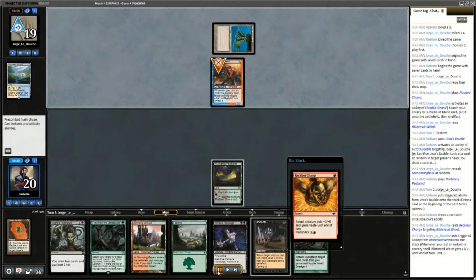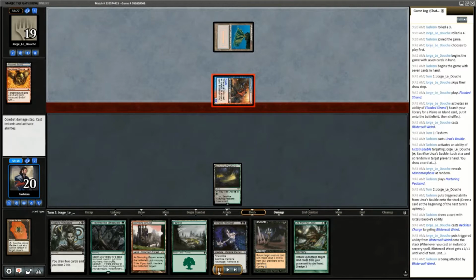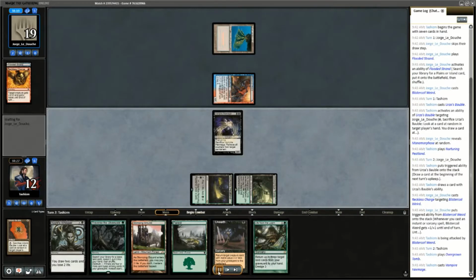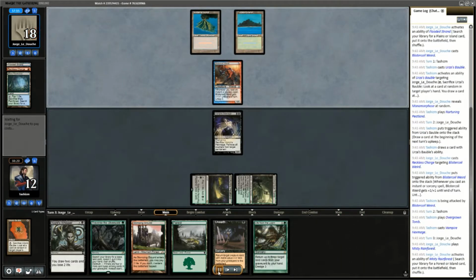Hits us with Reckless Charge. It's 5 damage on turn 2. That's pretty solid, I won't lie. Game plan here: take 2, play Vampire Hexmage as a way to contain that Blister Coil weird. I was pretty sure that guy wasn't long for the world anyway,